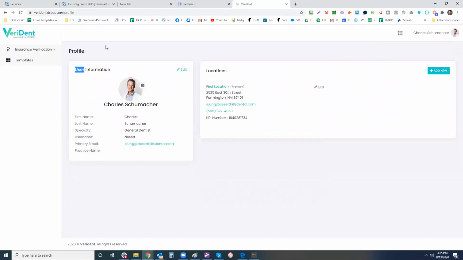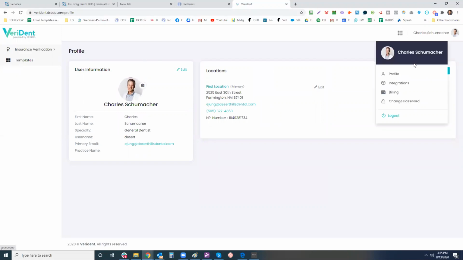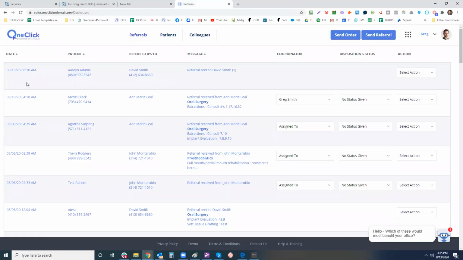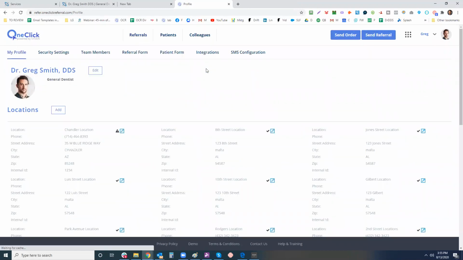Okay. Pretty simple, right? They have a profile, they have a billing, and then right now it's per insurance verification. But I think there's something more we could do there. One click is still my bread and butter right now, right? I mean, this is the product that people are using the most. You said 200 users on one click. Yeah, so we have about 700, but there's probably about 100 or so that are active, and then we've got a couple big oral surgeons and now some prosthodontists and now endodontists that are rolling it out.